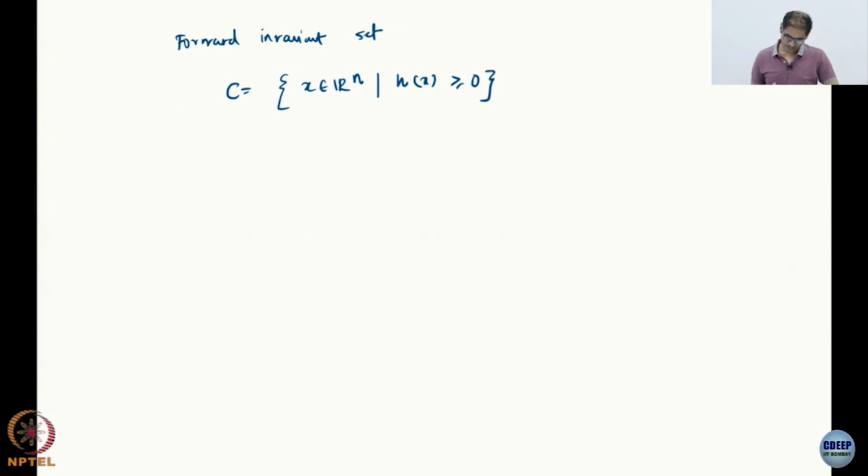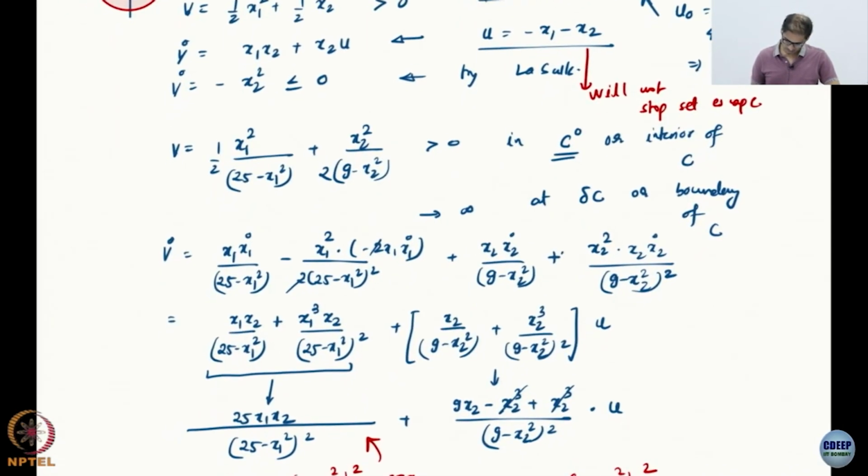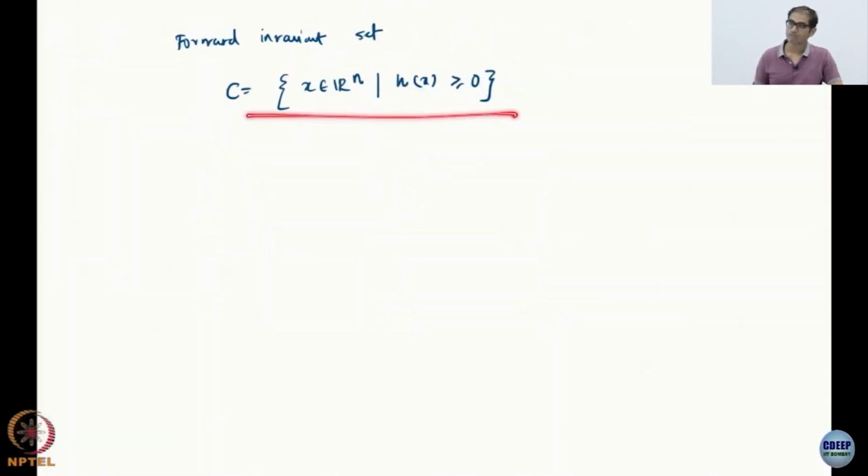Notice that I have defined it the other way around. I have also defined it using 25 minus x1 square greater than equal to 0, 9 minus x2 square greater than equal to 0, same thing. h can be an amalgamation of 25 minus x1 square, 9 minus x2 square, same thing,